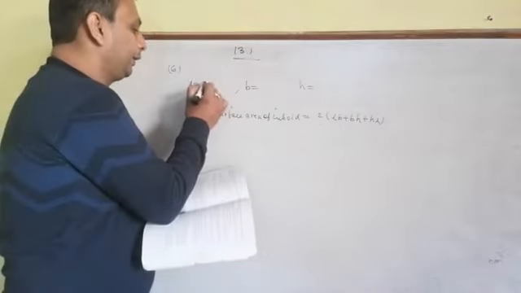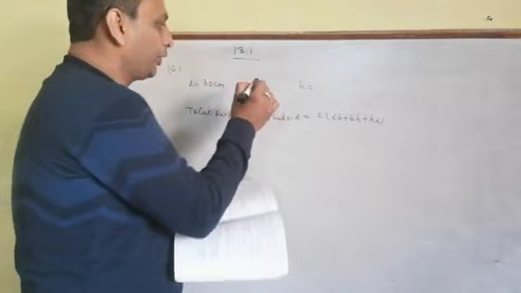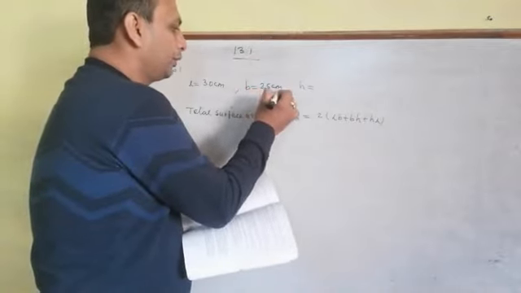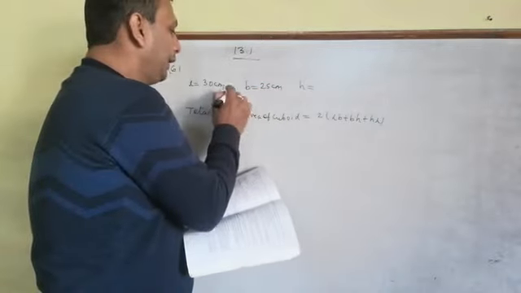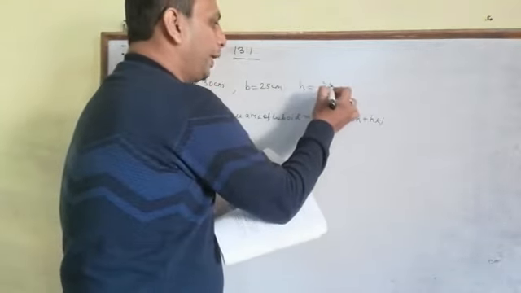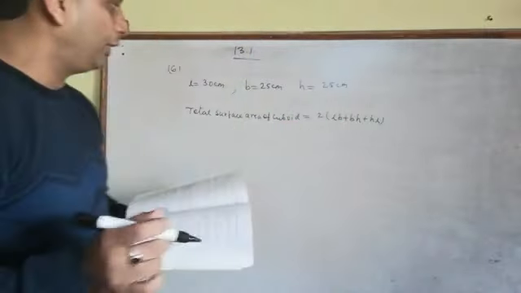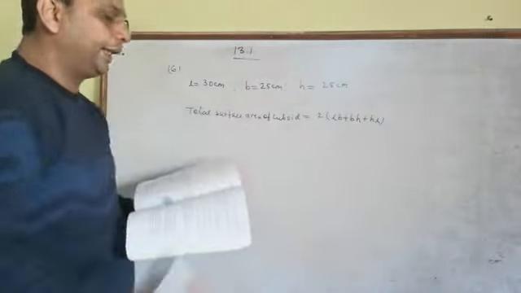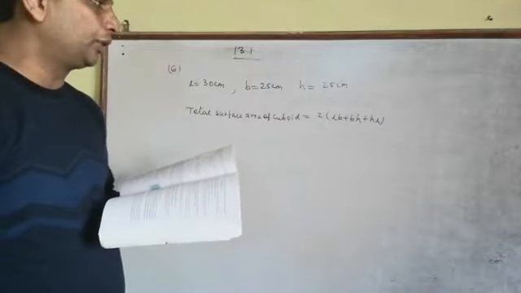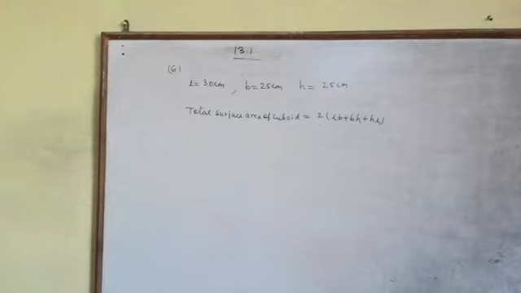30 centimeters the length. Width is 25 centimeter, and the height is 25 centimeter. Length, width and height are given. Now we have to find the area. That means the herbarium is closed everywhere. So we have to find the total surface area of the cuboid. Total surface area of the herbarium we can easily find by the formula.